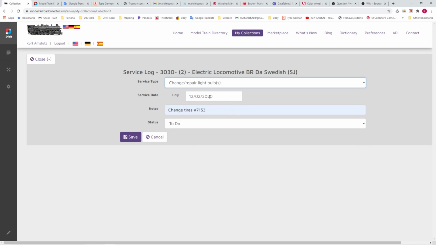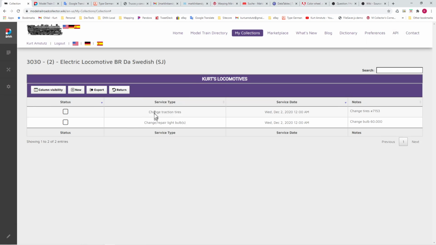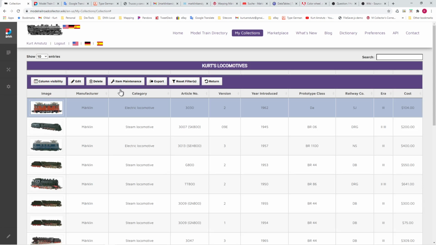As I said, service date stays the same. Change bulb, I think it's 60. And it also is a to do. So if I save this record, then we see now that we have two tasks for this locomotive 3030. These are the two tasks. Okay, so now if I return,